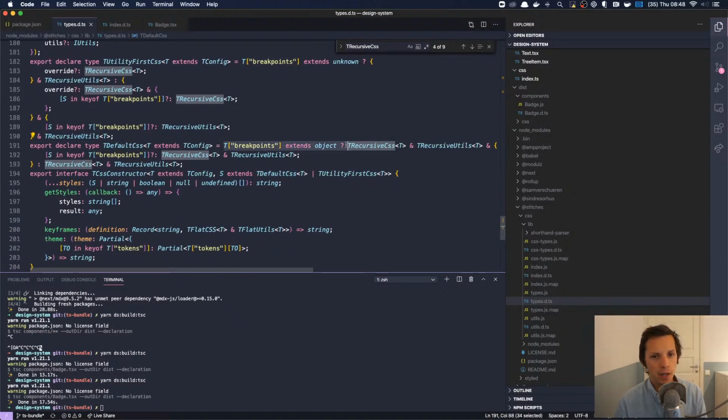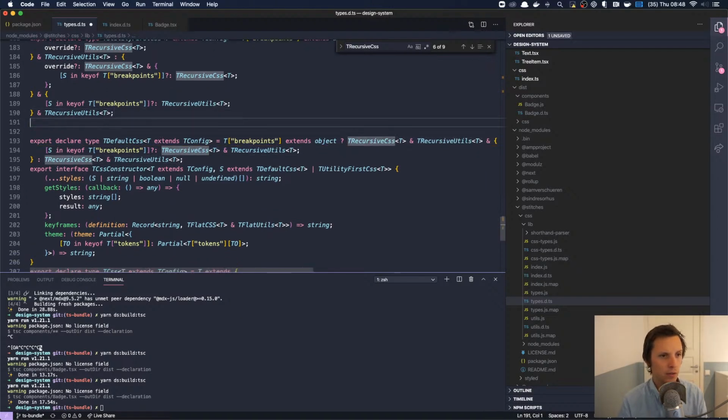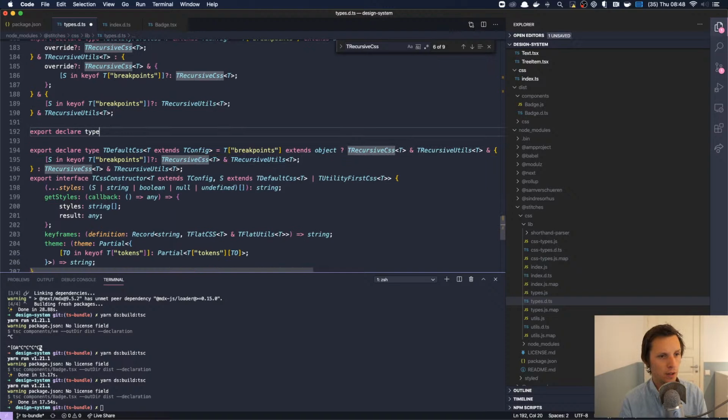And then if there are breakpoints, it builds those breakpoints. And then it rather uses this stuff. So what I think we need to do is to export the clear type T recursive breakpoints. And we need to grab the config here.